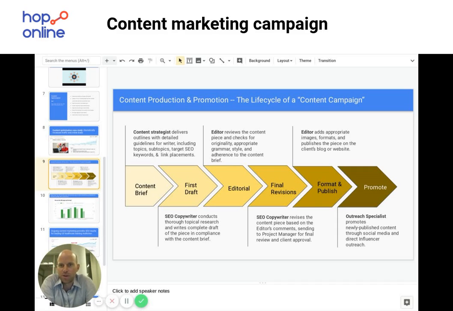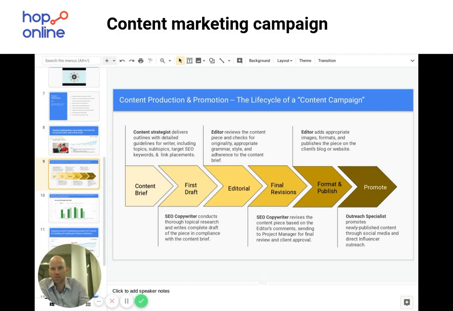The first step is performed by our project manager, who's acting in the role of a content strategist. And in the previous video, we discussed in depth this step, the content brief. A content brief is a document that instructs the writer what we are expecting from a piece of content, and it provides a detailed outline that they can follow along with to write the first draft. It's based on topical research, it's based on keyword research, and also on competitor research. So in the previous video, you can check out an example of that content brief, but this is the first